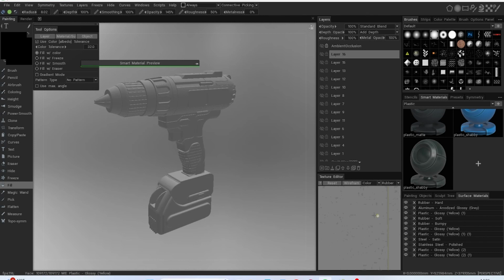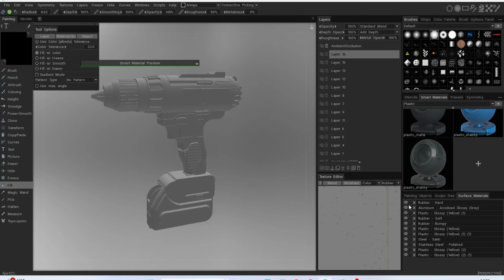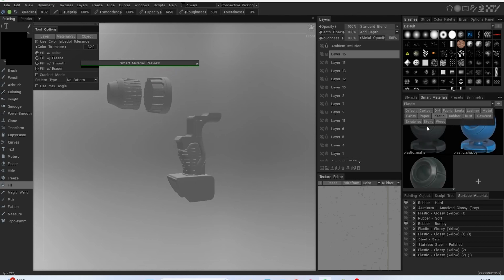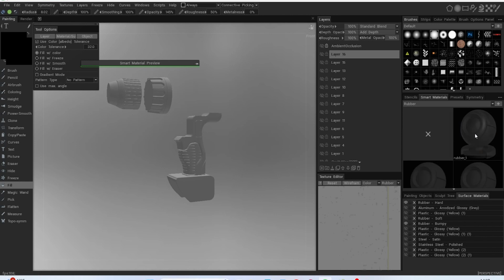So what you could do is, say if I knew I wanted that rubber, so let's say if I turn all the other ones off that I didn't want to be rubber, so say it's just going to be those, so all of these are going to be rubber. What I could do is go to rubber, find one that I quite like,